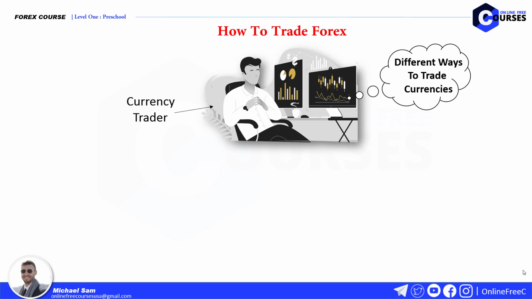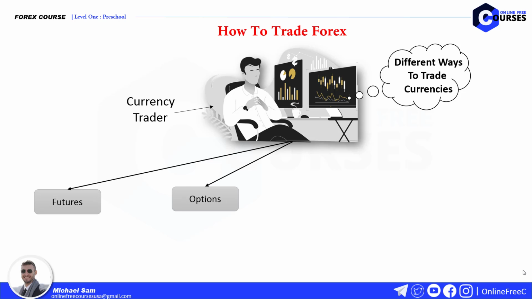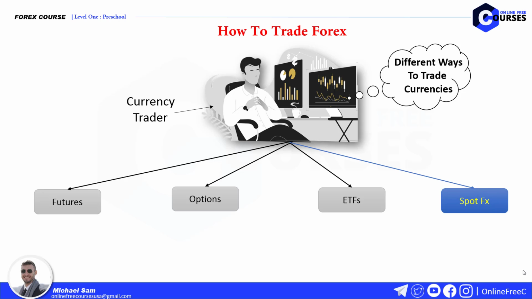Because Forex is so awesome, traders came up with a number of different ways to invest or speculate in currencies. Among the financial instruments, the most popular ones are retail Forex, spot FX, currency futures, currency options, currency exchange traded funds, or ETFs, Forex. It's important to point out that we are covering the different ways that individual, retail, traders